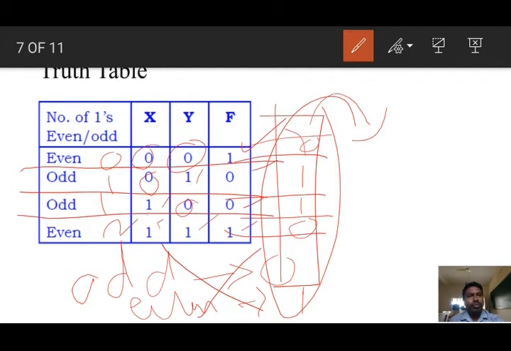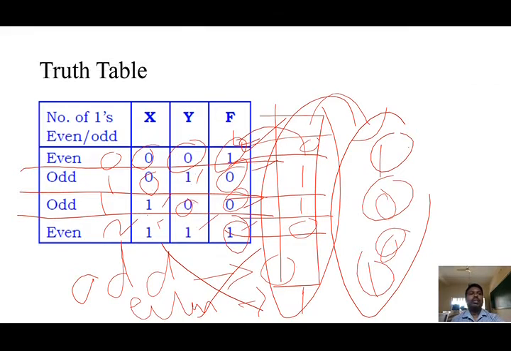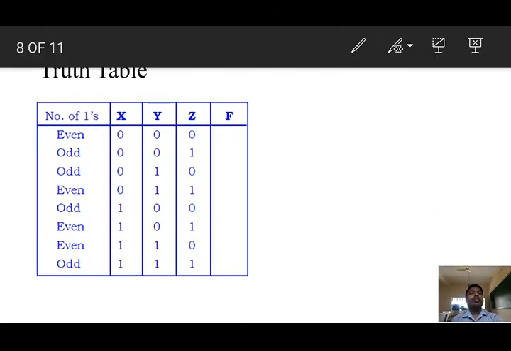If it is 0, what do we have to write? We have to write 1. If it is 1, then 0. So 1, 0, 0, 1. Now you can check: 1, 0, 0, 1. Understand? You can use any logic. You can use this logic also, or you can use that logic also. But you should not forget the logic. Any one. Understand?